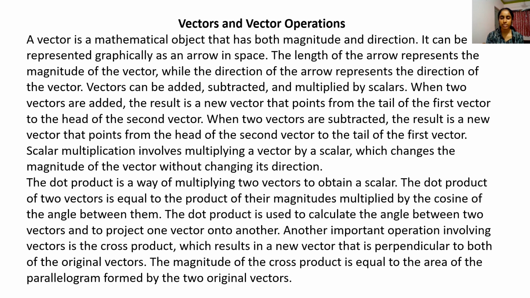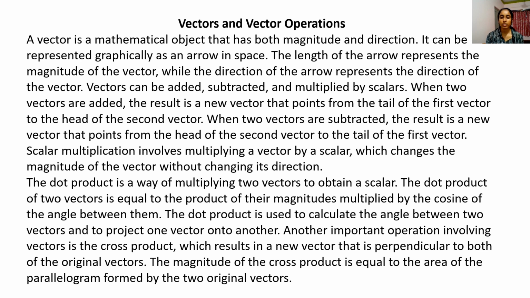When two vectors are subtracted, the result is a new vector that points from the head of the second vector to the tail of the first vector. Scalar multiplication involves multiplying a vector by a scalar, which changes the magnitude of the vector without changing its direction. The dot product is a way of multiplying two vectors to obtain a scalar. The dot product of two vectors is equal to the product of their magnitudes multiplied by the cosine of the